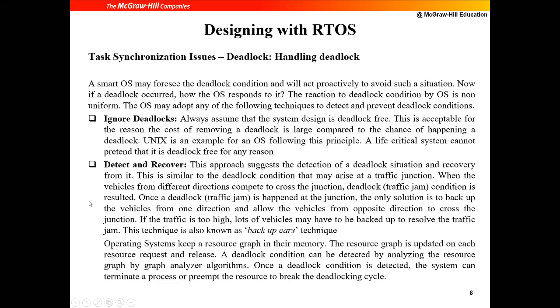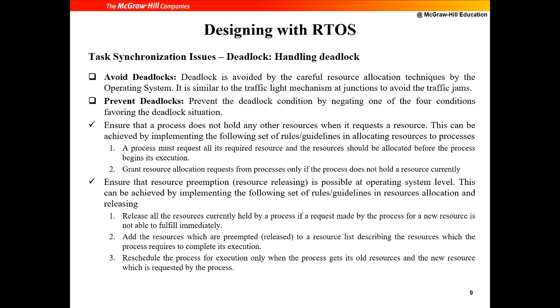So there are ways to handle deadlock. First, you ignore deadlock, so you just restart the system, that's all. The other one is detect and recover. It's a very very complex thing to do. Once deadlock occurs and you want to come out of it, it takes a lot of resources. The third one is avoid deadlock. This is where you carefully allocate, a very conservative way of allocating resources, so you can avoid deadlock. And prevent deadlock is a little bit like you have some kind of protocol. You follow certain protocols to make sure that a deadlock situation is avoided, and you don't get into all four of the above conditions together. Okay, so at least one you will try to not have.